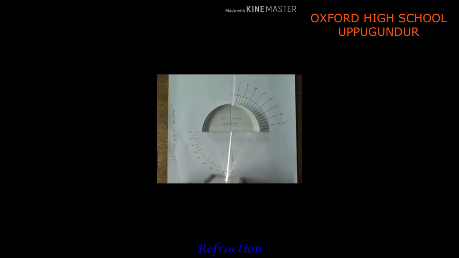See the next case. Here the light ray makes an angle of 5 degrees with the normal, this is the angle of incidence, and the angle of refraction is 4 degrees. How to find the angle of refraction? It can be measured by observing the laser light coming out from the other side of the disc. Next case, the angle of incidence is 10 degrees and the corresponding angle of refraction is 9 degrees. Next, the angle of incidence is 15 degrees and the corresponding angle of refraction is 14 degrees.